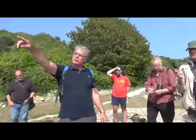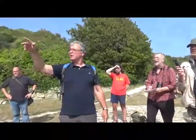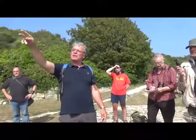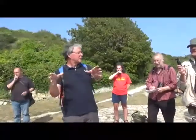Just beyond Rufus Castle, we're going to go down to later on, or now, I'm not sure. We might go now actually, and then come back to the museum and have a rest at the museum. So we're going to go down to St Andrew's Church, which is on a ledge below the castle, and have a quick look. I know it's going to be tricky with all of us, but at the St Andrew's well,